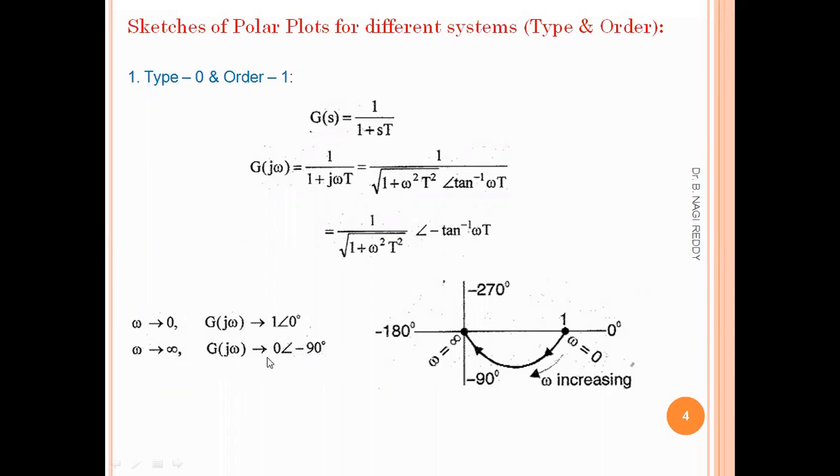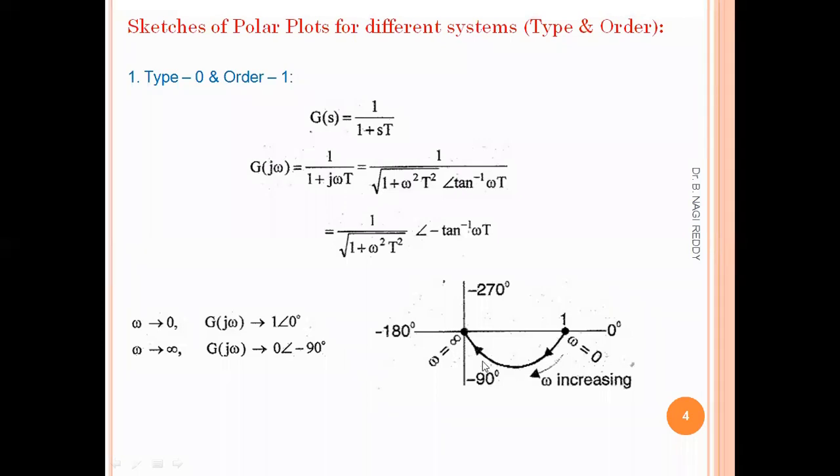The graph has to be closed at omega infinity, because omega infinity is the maximum level, right? So it has to come from 90 degrees. But where is it starting? It is starting at 0. So the shape will be like this, and it has to come to an end which is very close to minus 90 degrees. That's why this shape has come like this. It started at 0 degree but ends at the 90 degree. However, the magnitude is 0. So this is the 0 value, right?